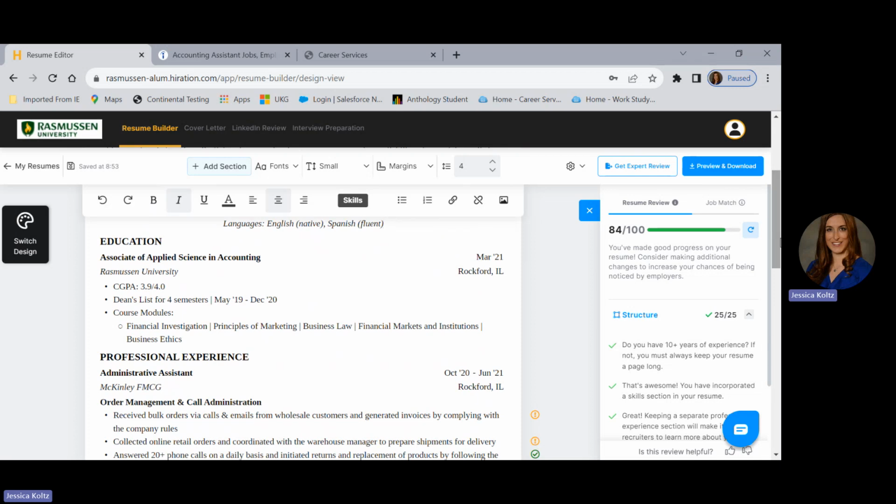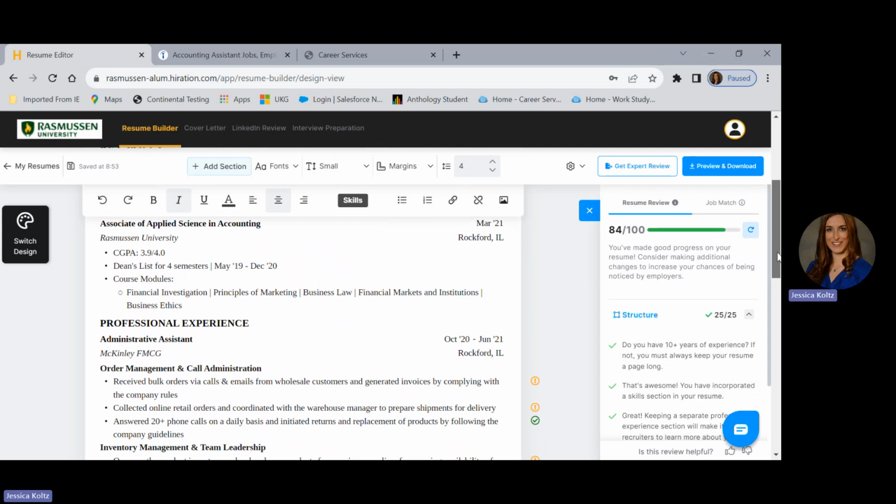ensuring that you have the appropriate campus highlighted, your cumulative GPA if it's 3.5 or higher, and then your applicable graduation date that you notice here, and determine if you are able to list any recognition, dean's list, honors list, perhaps courses that you want to highlight that you have taken thus far, especially if you are pursuing the degree. It's a great reflection of where you're currently at and some of the experiences you've had if you're applying for